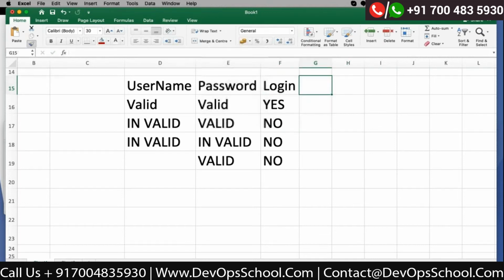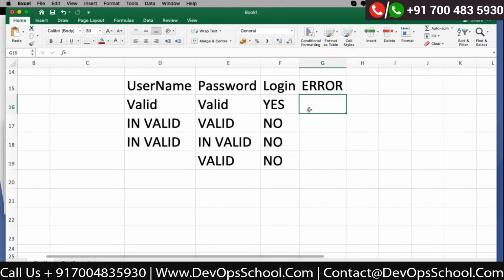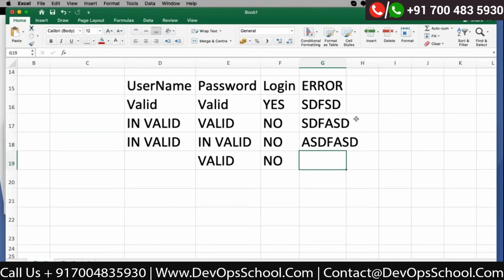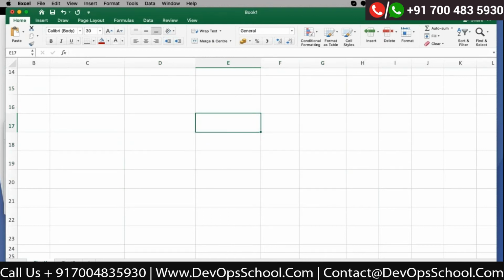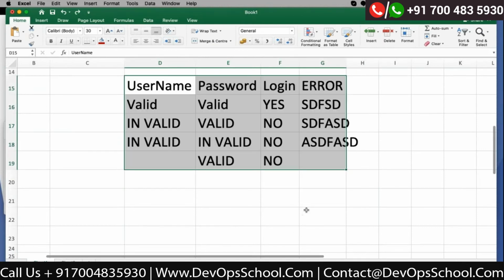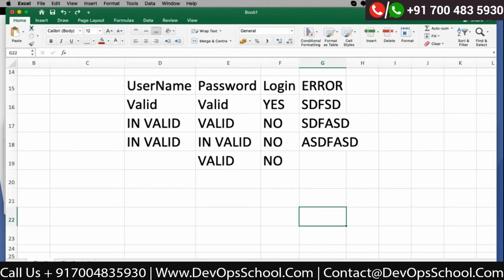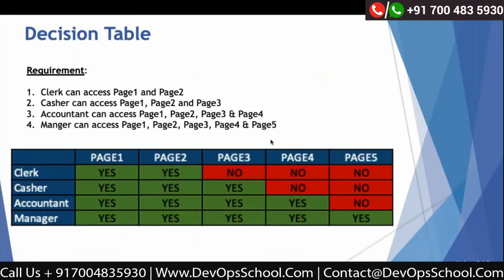This kind of example I will also show in future, when I explain a little bit about that thing. So what kind of error message? The description, the error message you can show it here. This is how you can do it for login also. This is a very basic scenario. So this is how you can implement a decision table for a login test case also. I think these examples are good enough. I'm moving to the next slide.